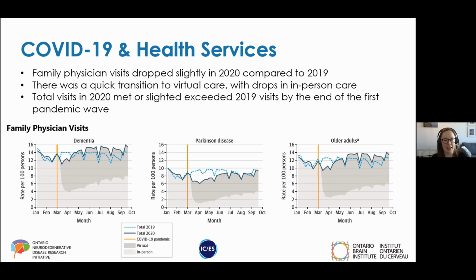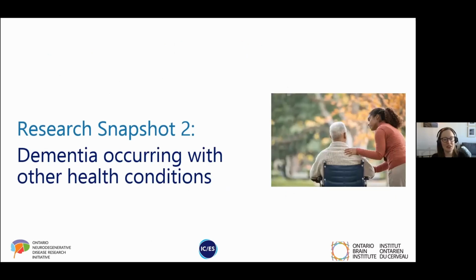So what does this indicate? So this indicates that this is a potential success of our health system in adapting to the COVID-19 pandemic, in that we were able to maintain this vital family physician support using a different means, using virtual care. And we'll come back to that a little bit at the end as we have some questions for you if there's time. All right, so that was our first snapshot really focusing on COVID-19.